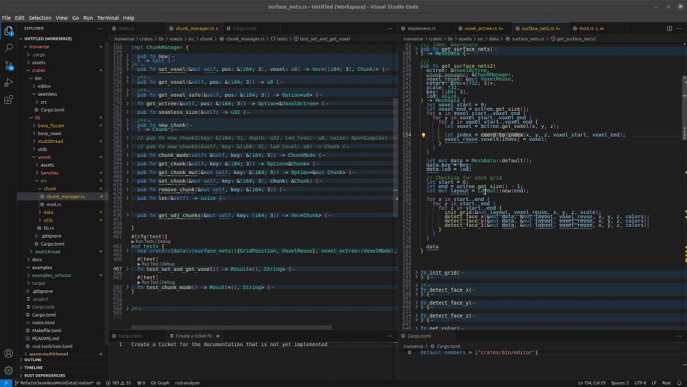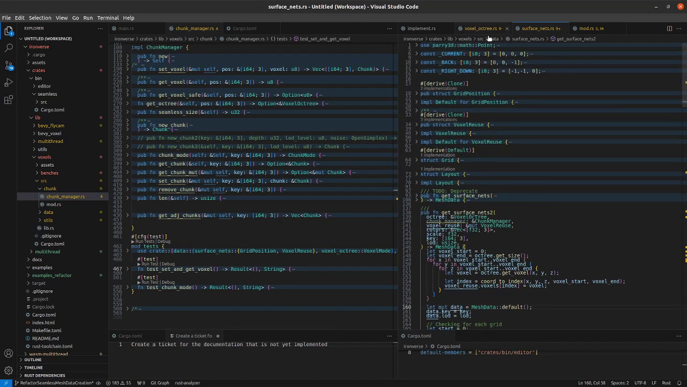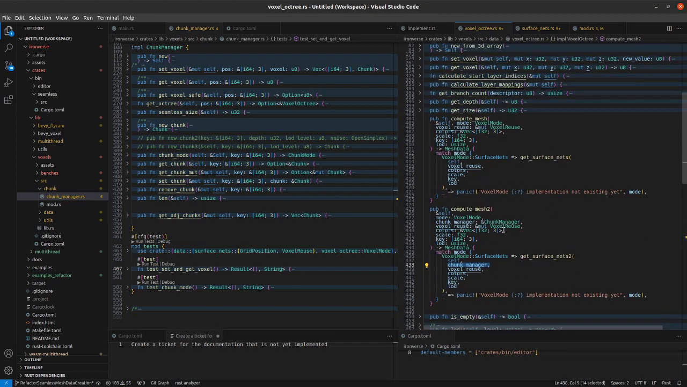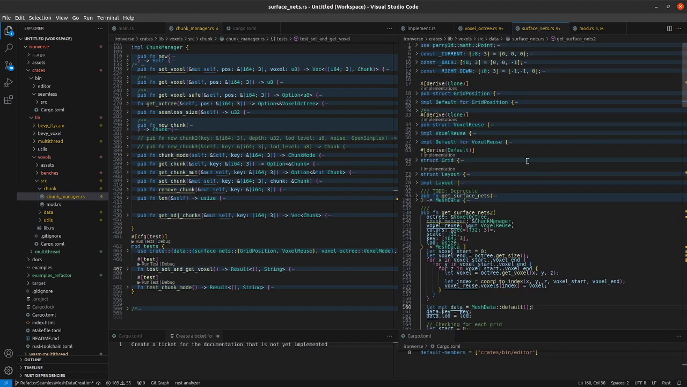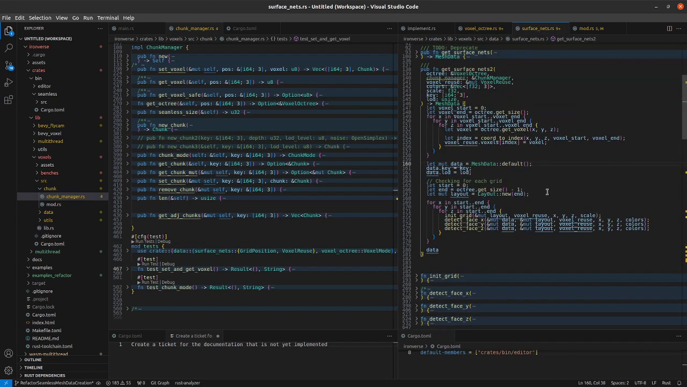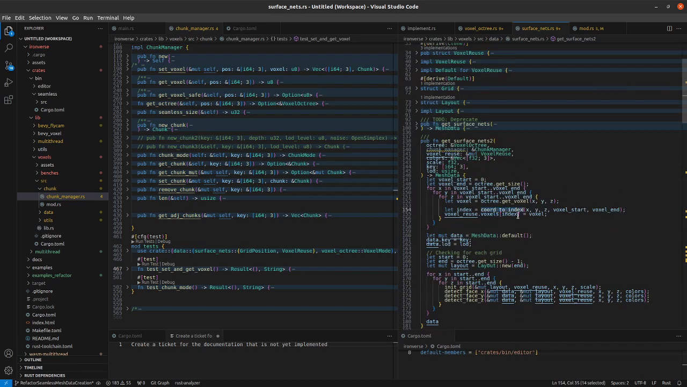So let's start trying to implement the new compute mesh. So I started to rewrite the unit test for core to index, where I'm putting the, because the get voxel function is expensive,